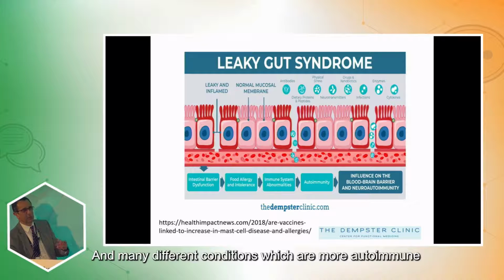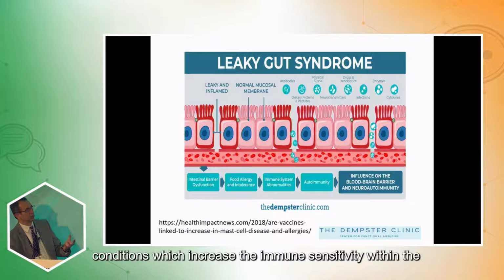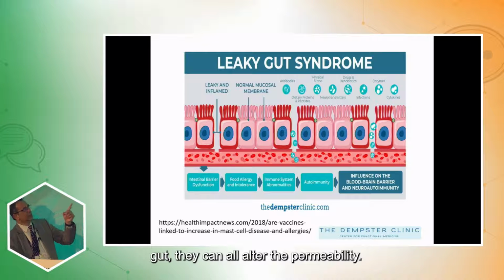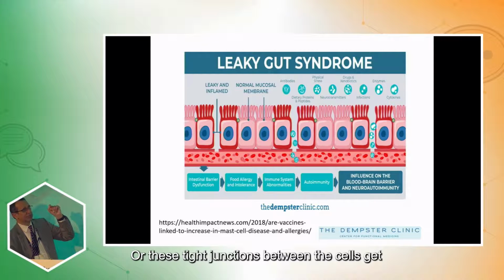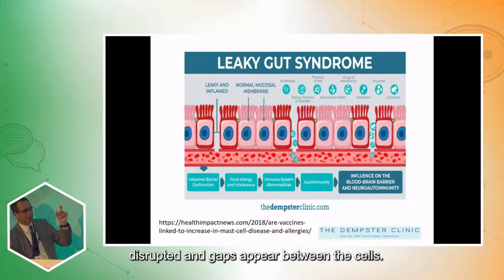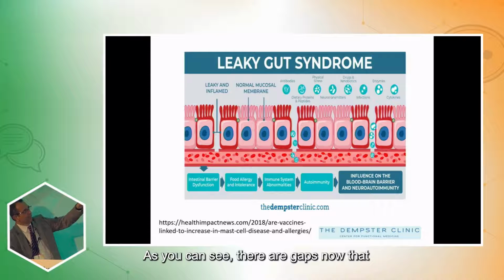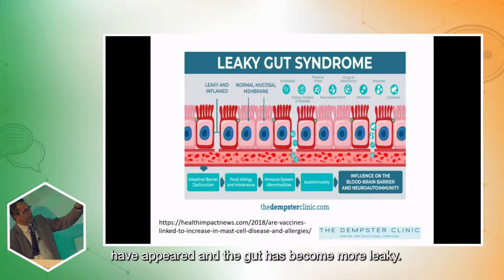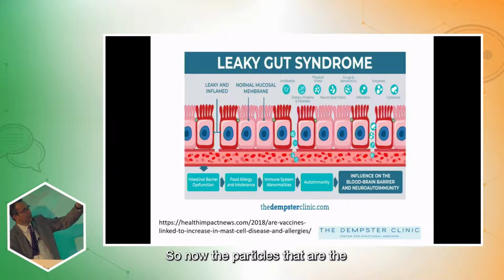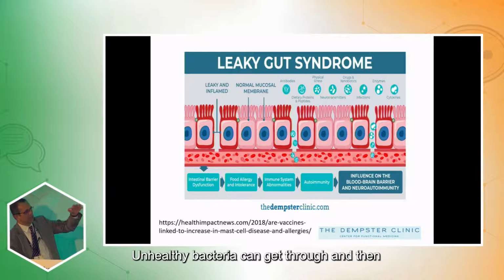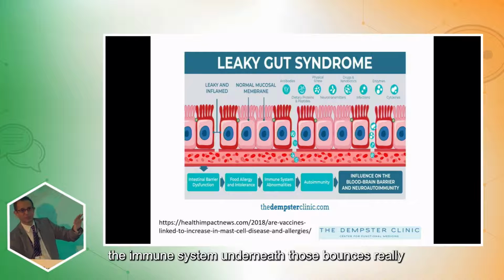And many different conditions which are more autoimmune conditions, which increase immune sensitivity within the gut, can all alter the permeability, so these tight junctions between the cells get disrupted and gaps appear between the cells. As you can see, there are gaps now that have appeared, and the gut has become more leaky. So now the allergens that are present within the lumen of the gut can get through, drug particles can get through, unhealthy bacteria can get through, and then the immune system underneath those bounces really